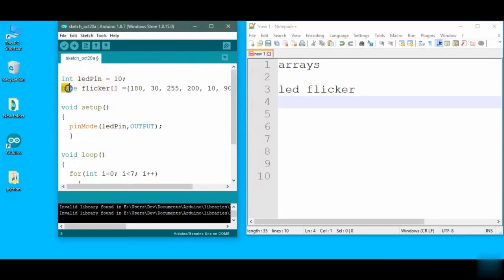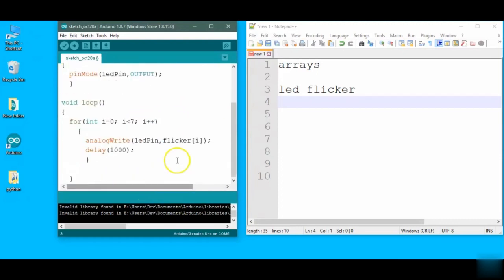We have declared an LED array of a different data type this time, that is byte, and provided different values to it. After that we have declared the pinMode, that is the LED pin on output, because we are giving output to pin number 10. And after that we have declared a for loop in void loop, in which it will work from i equal to 0 to i less than